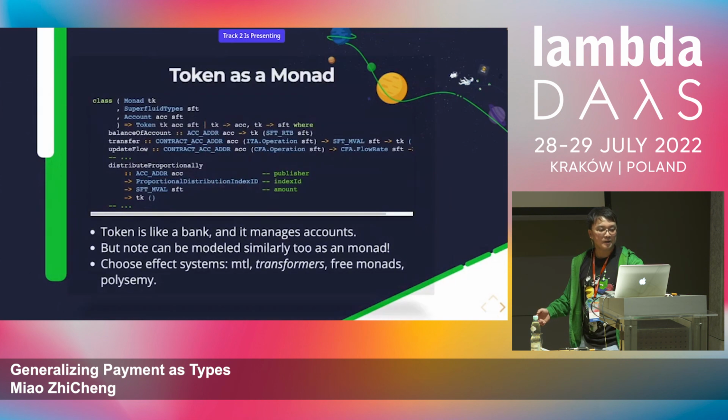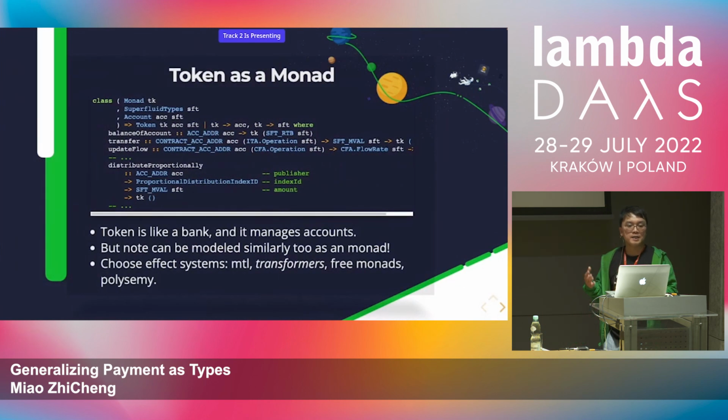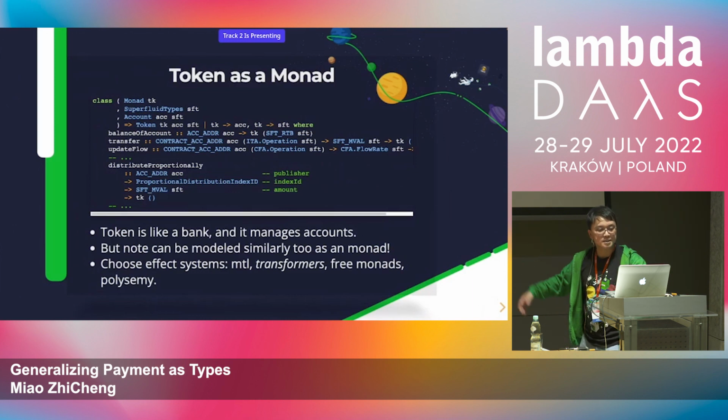Right? Well, actually, everything is defined as a token, as a monad, so that's how all the effects are eventually jammed into. All right, so you have two types of effects eventually you can create. One is token, right? One is note. Note is like a UTXO type of thing, and token is more like the Ethereum type of thing, right? You have a token and you have account. So that's the last stage.